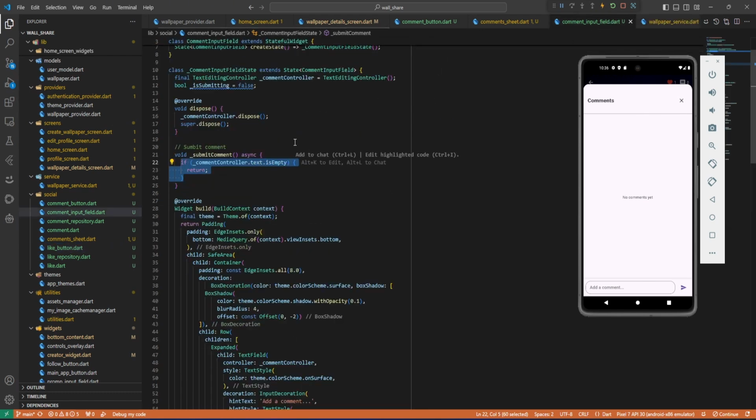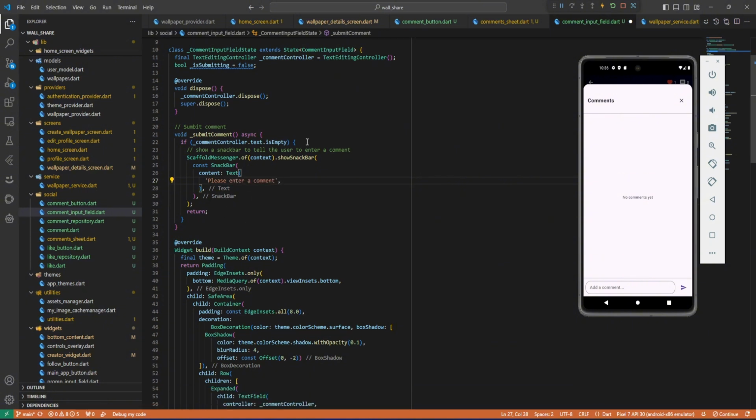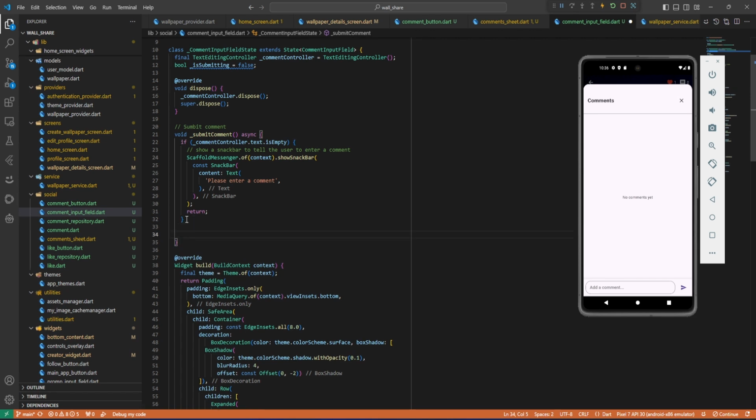Then we can close that, and then let's show a snack bar to tell the user to enter a comment. Let's just say please enter a comment, and then return. Okay, so right after this is passed, we're gonna set